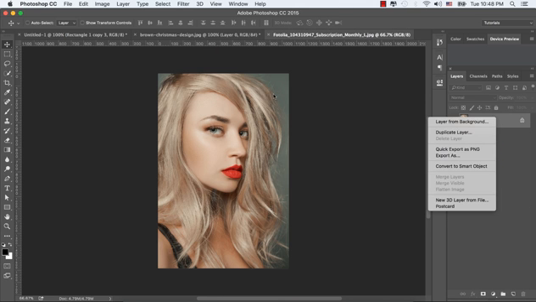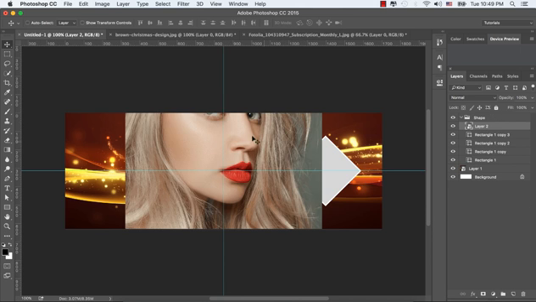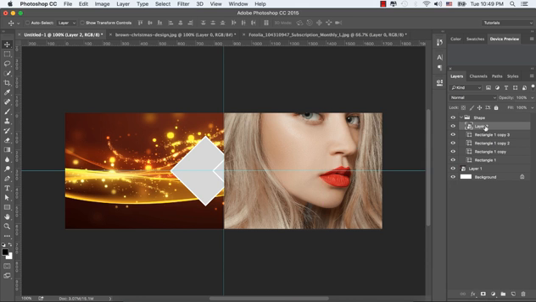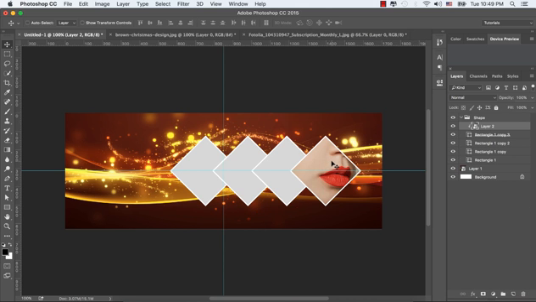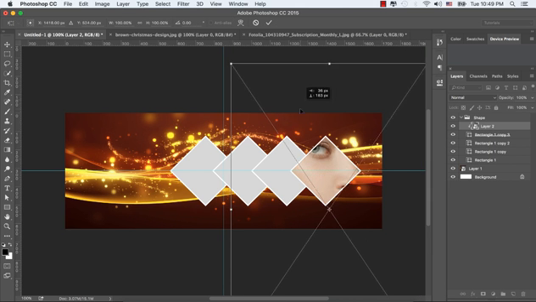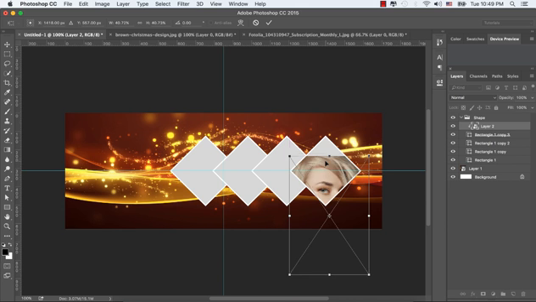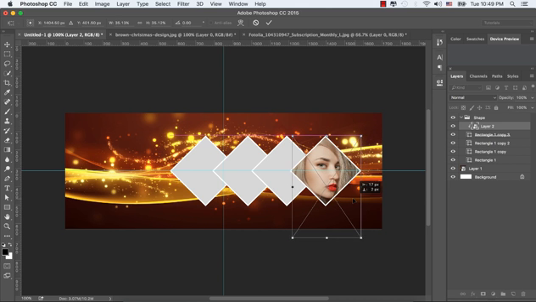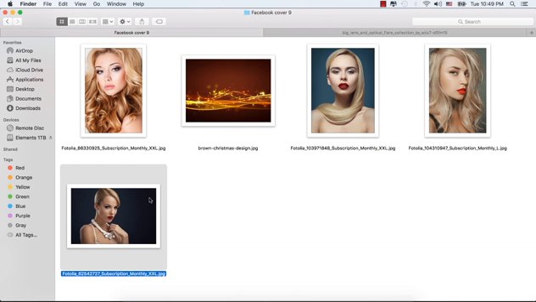Convert it to a smart object and bring this image to our main document, and let's create a clipping mask by clicking the mouse right button, and let's resize it by pressing Ctrl or Command T. While you are resizing, make sure you press Alt and Shift keys together in order to keep the same proportional height and width.